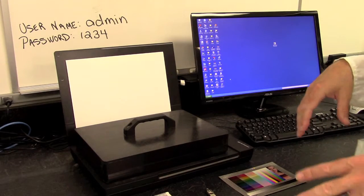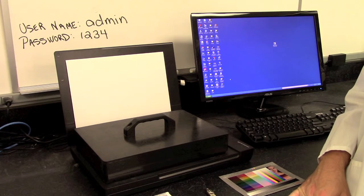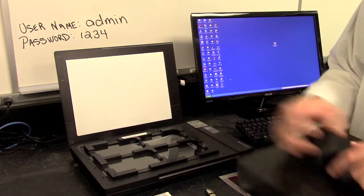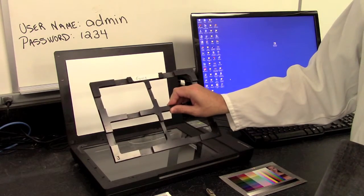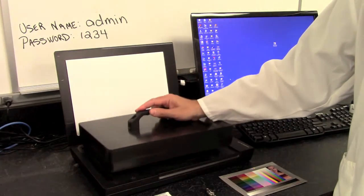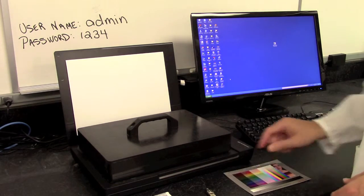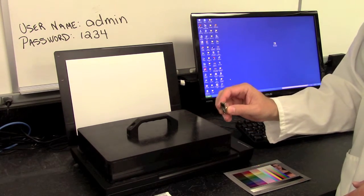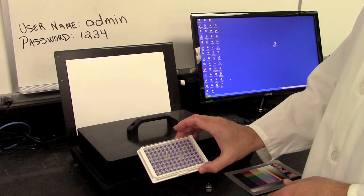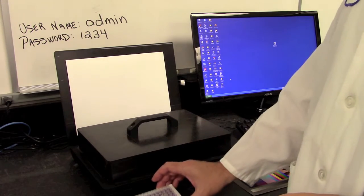Okay, so this video is to show you the scanner option for the Blue Yellow 2 test. The different components you need are a scanner with a grid cover that will separate the individual blue-yellow plates, a cover that will cover the plates, the color calibration card, and the USB dongle which controls the software program. Here we'll be showing you how to interpret a completed Blue Yellow 2 plate, a full plate of 96 wells,